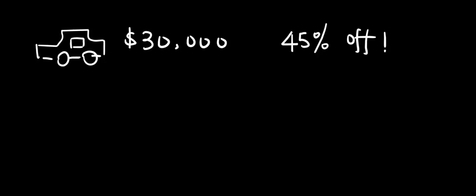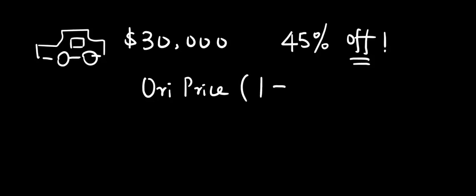In your life, you're going to have lots of situations like this. The thought is actually really simple. This is the original price, right? And off means you don't pay for it. So 45% is what you don't pay. How much do you need to pay? So you just use 1 minus